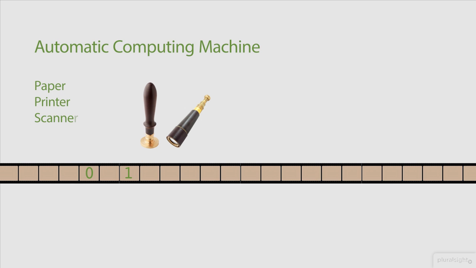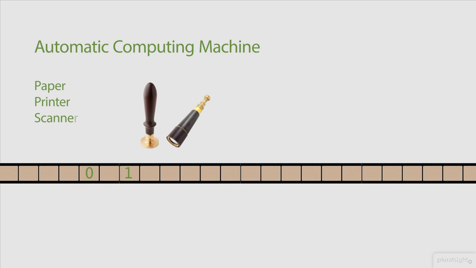This printer is the equivalent of the pencil and eraser used in the directions for the human computer. The scanner is used to observe what is in the square the printer scanner is on. The automatic computing machine always makes a decision about what to do based on the symbol in the square the printer scanner is on. This scanner is the equivalent of the power of observation in the directions for the human